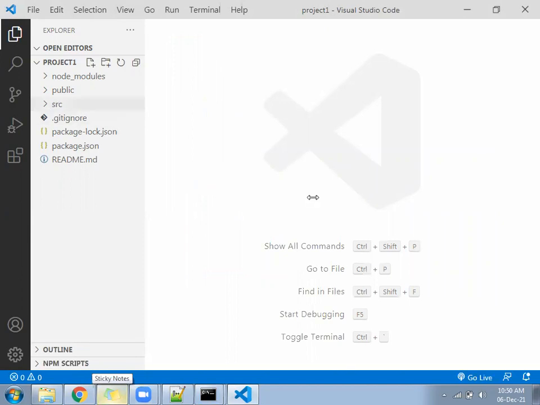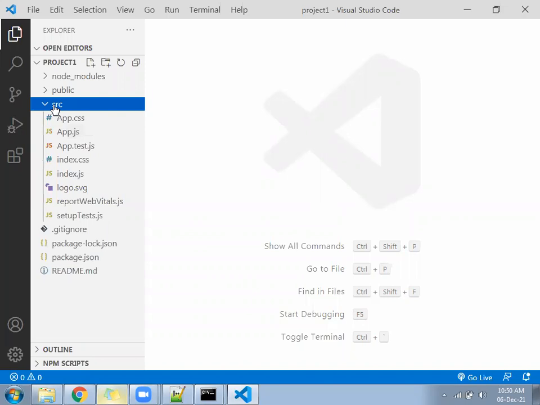Now the project is open. Go to the SRC folder.